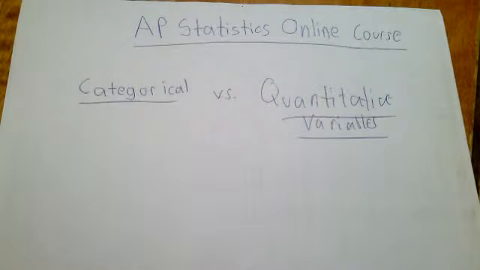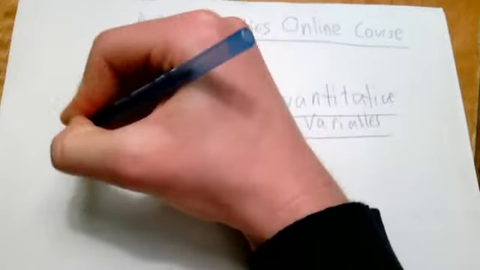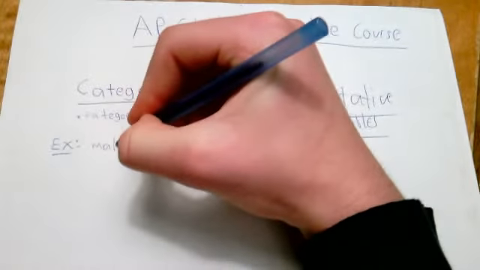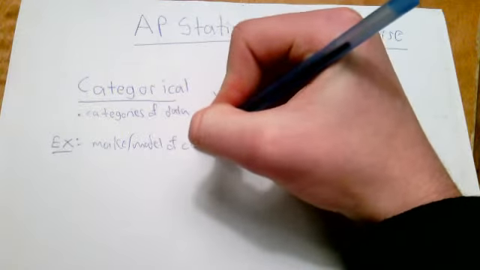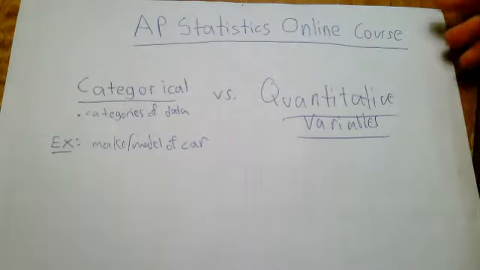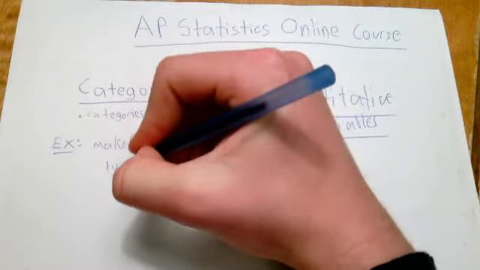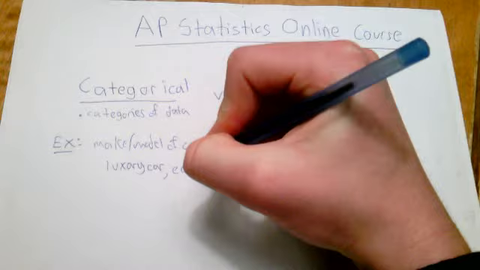Categorical variables tend to just be different groups, categories of data. For example, the make and model of a car. It could be Ford or Nissan, but there's only so many categories you can be. You can't be in between. You are what you are. And also, we could say it could be a luxury car, it could be an economy car,